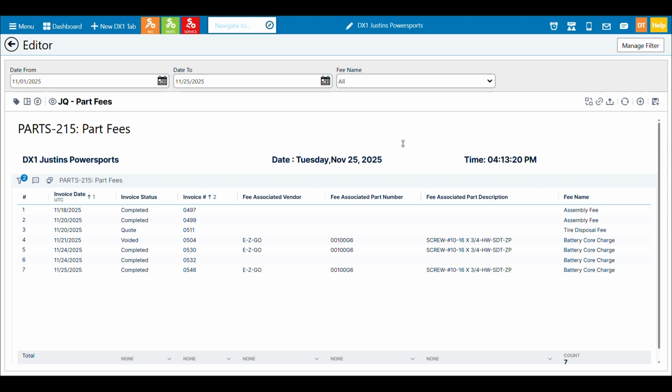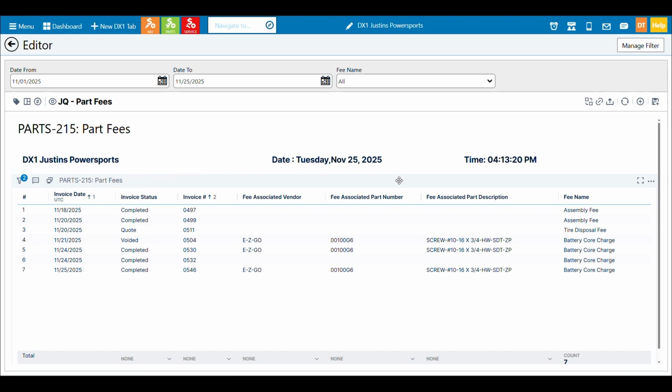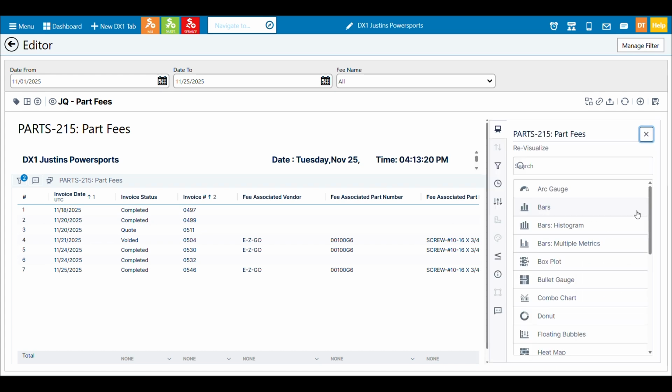Now, the number one thing people are doing with these reports is adding and removing columns. So let's see how to do that. If you look down in your report, you'll have a row where it has the report name and a filter icon where filters are applied. All the way to the right of that, we'll see three triple dots. I can click that and click settings.